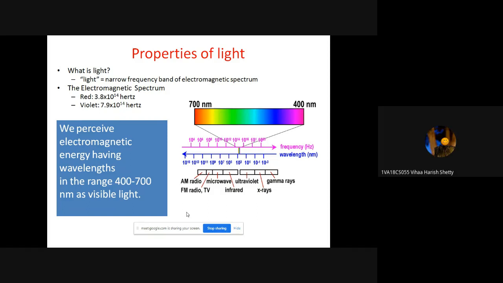No, sir. Yeah. Do remember the properties of light. It looks vast, but you need to remember some of the properties which are defined with respect to light. If you know those, you can define each and every property easily if you know the key point of that particular property.